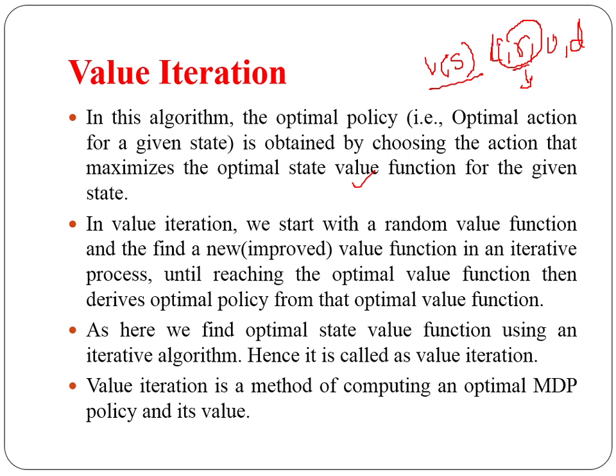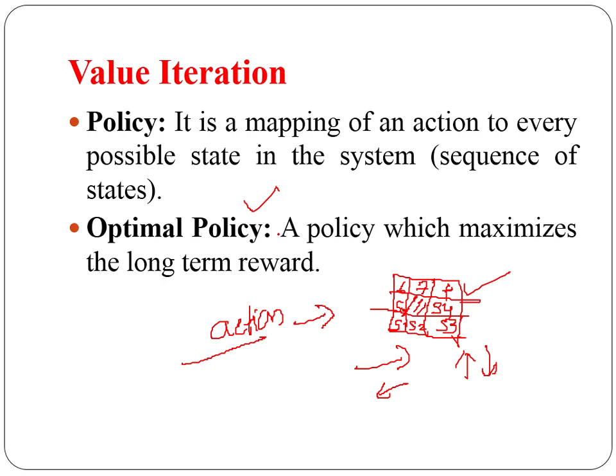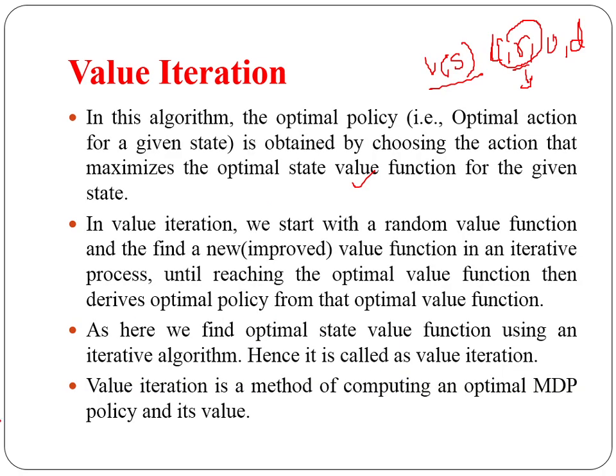For example, if we have 4 actions, it has to repeat 4 times. And not only for one given state, you have to perform it for all the states. Here there are multiple states, so for all the states you have to perform it, and based on that you find the optimal value function. That's why it is a repetitive, iterative process. It uses an iterative algorithm.